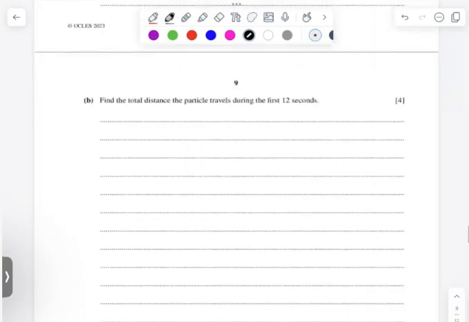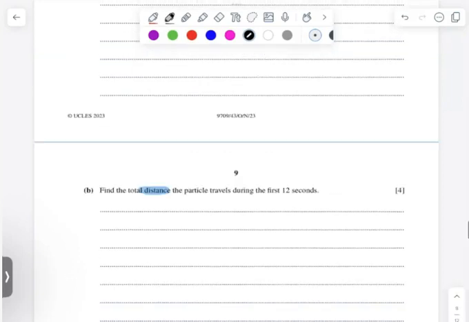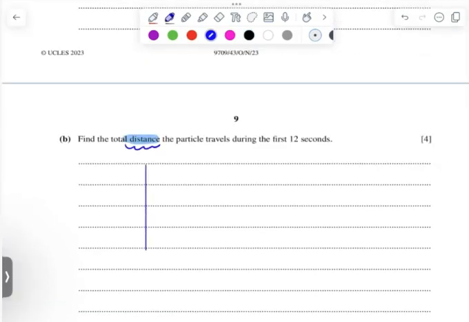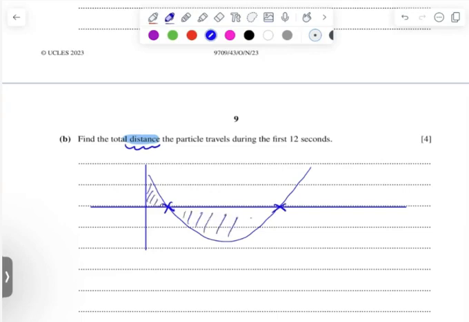Okay, find the total distance. That is a big keyword. The total distance the particle travels during the first 12 seconds. Okay, so they've been very kind to us. Whenever you see the word distance, you need to realize that, first of all, distance is not displacement. So every time you hear the word distance, whatever my velocity time graph looks like, if it crosses the x-axis, in this case it's actually the t-axis, if it crosses that axis,